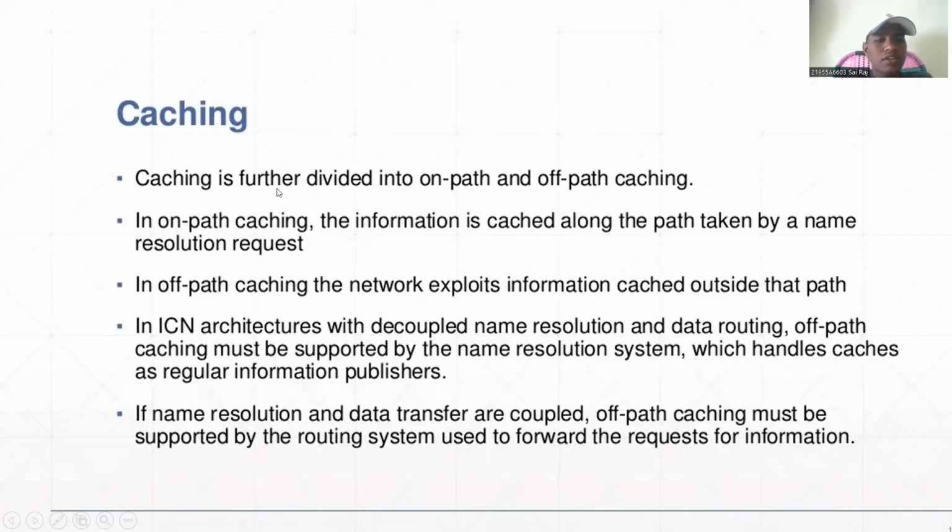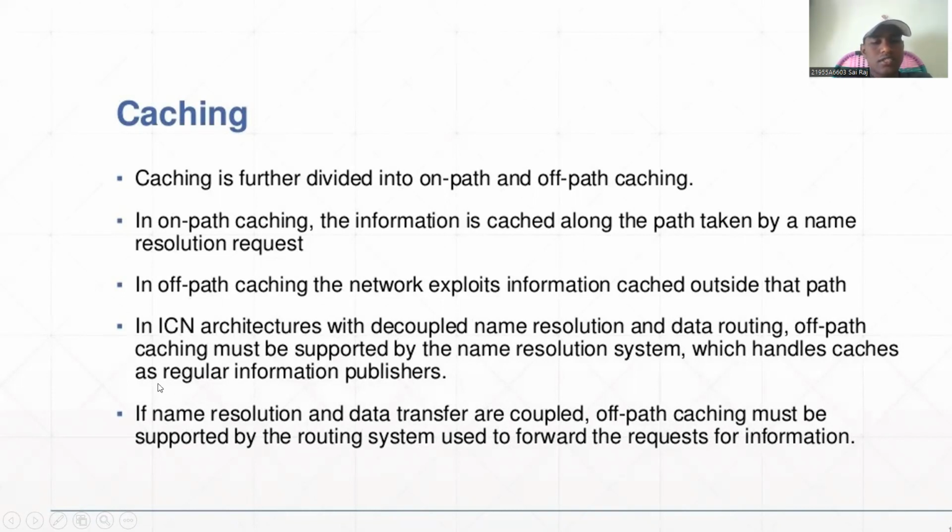Caching is further divided into on-path and off-path caching. In on-path caching, the information is cached along the path taken by a name resolution request. In off-path caching, the network exploits information cached outside that path. In ICN architecture with decoupled name resolution and data routing, off-path caching must be supported by the name resolution system,